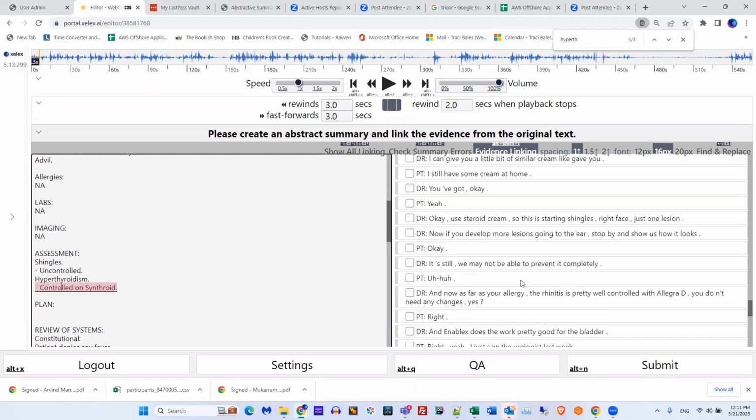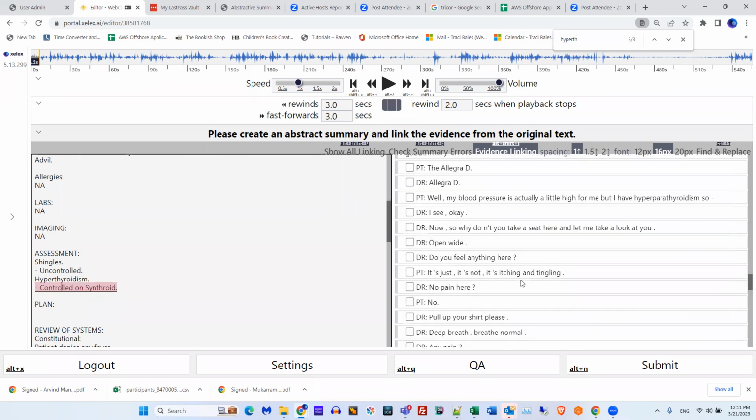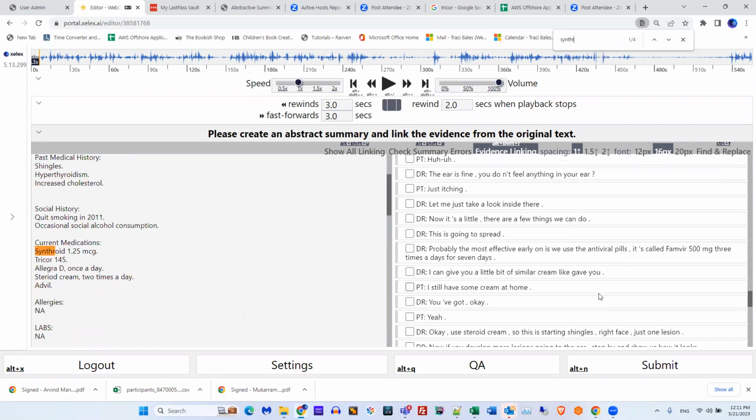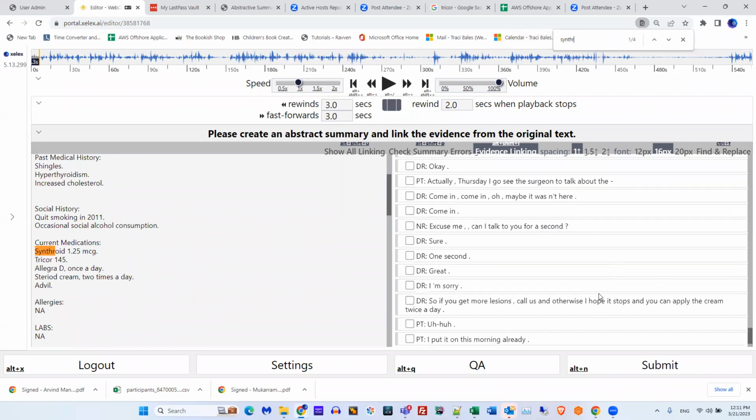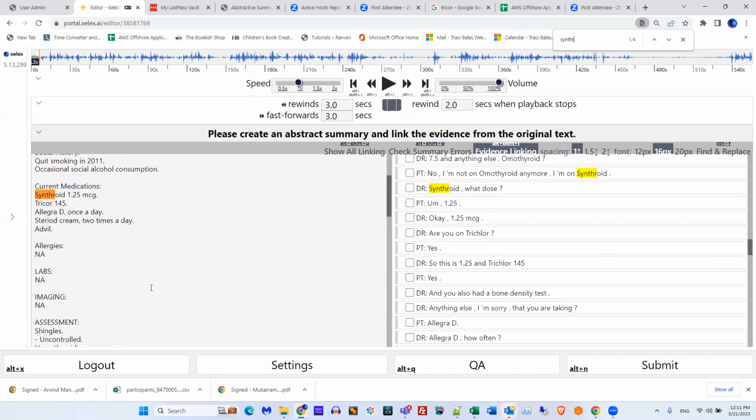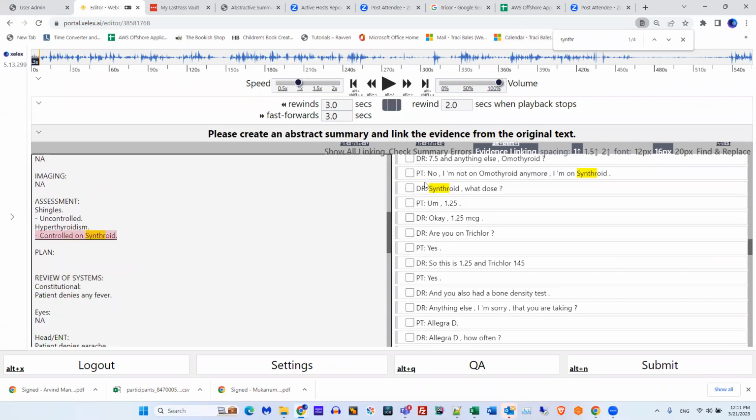Wherever it says that. Hold on, let me find it. There we go. Okay, controlled on Synthroid. Whatever evidence supports you having made that statement.